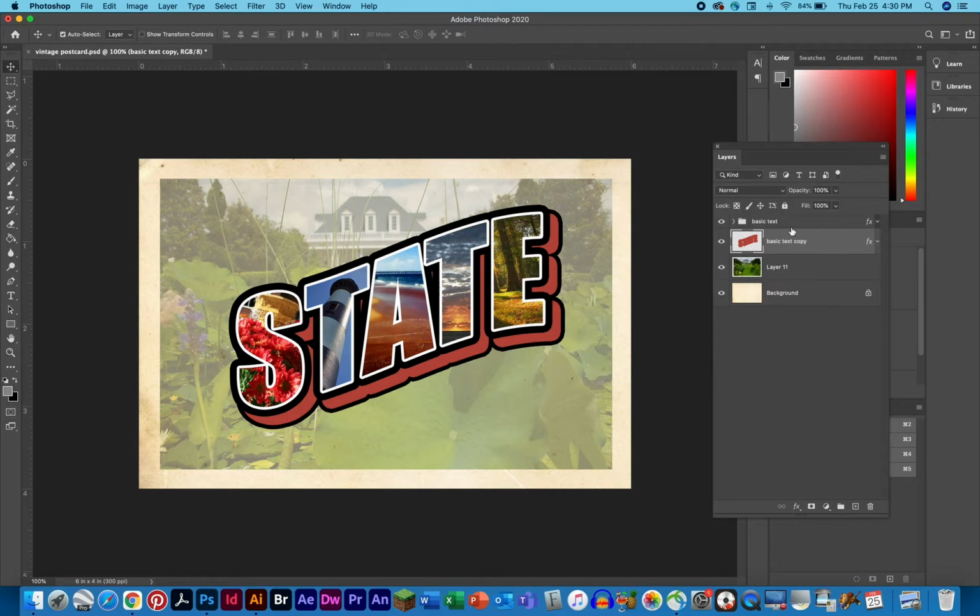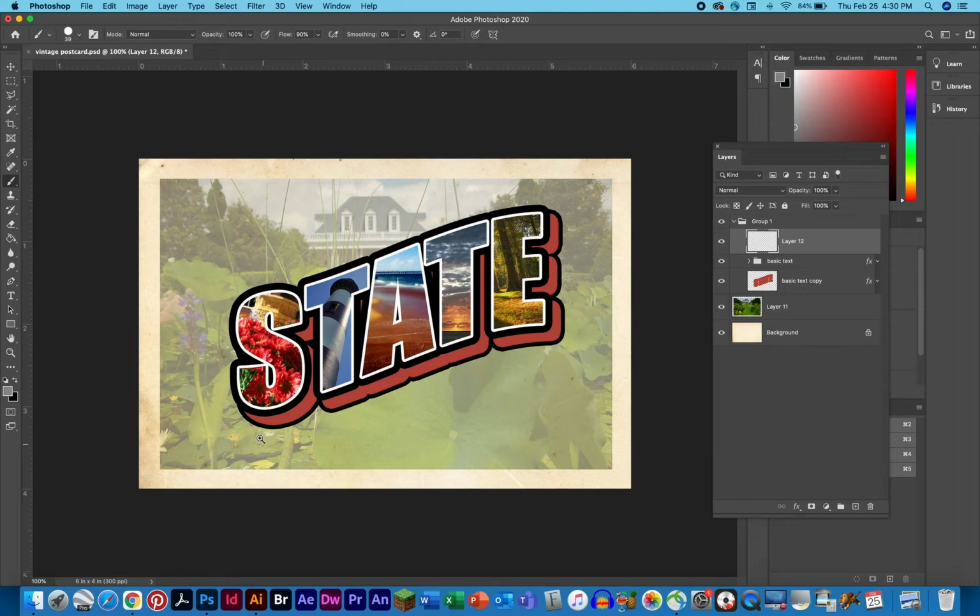Now, one thing that you'll notice is we have breaks in between letters. There's a break in between the T and the A, and an A and the T, and the T and the E, but you don't see those breaks anywhere here. We have a lot of sharp corners and a lot of outside edges where we don't have anything connecting the foreground to the background. So that's what we're going to fix right now. We're going to open up our group layer here, and on top of all this, we're going to add a new layer. And we're going to go to our